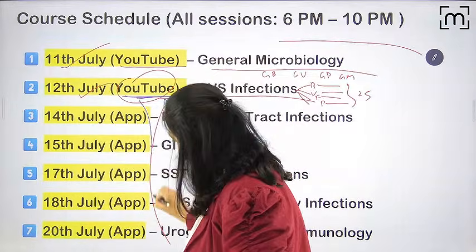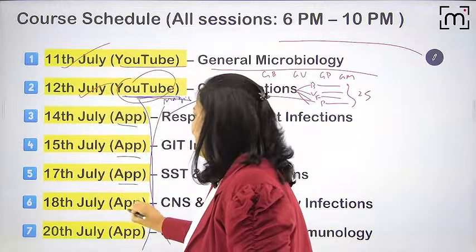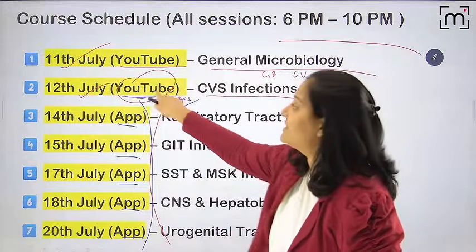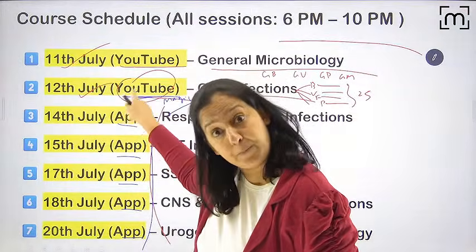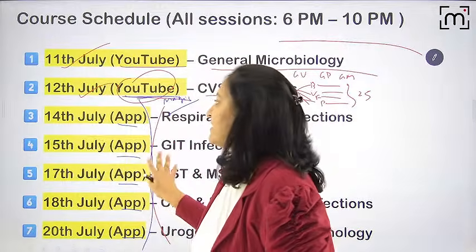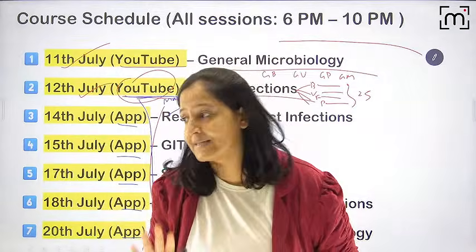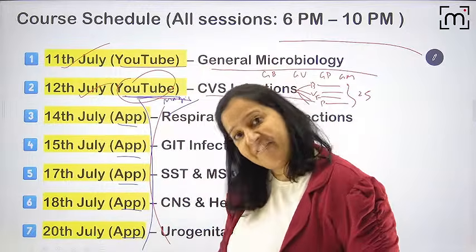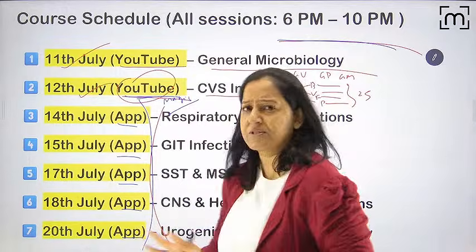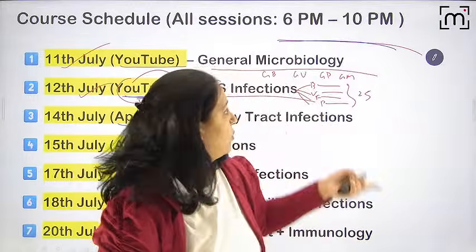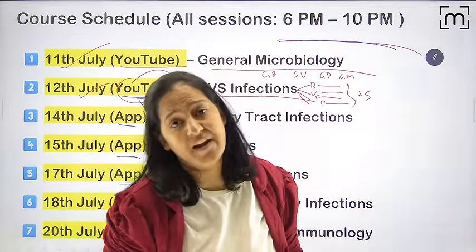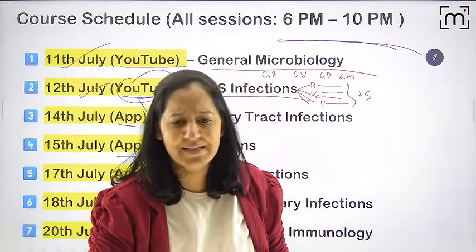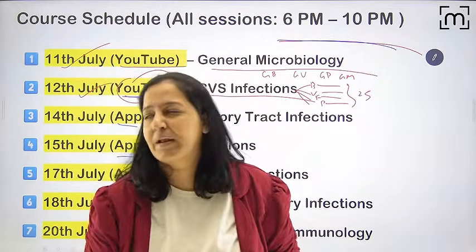Even if you are not attending my further sessions, which are on the app, MedLive by Dr. Priyanka app, the remaining 5 sessions will be there for the remaining systems. But this session is very special, in which you will understand the approach of systemic microbiology. Here we will understand microbiology not organism-wise but system-wise, according to the latest CBME curriculum. Please appreciate the schedule. Every day the session will be 6 to 10, approximately 3 to 4 hours. So 4 hours or 3 or 3.5 hours into 7 is approximately a 25-hour rapid revision, plus or minus 2-3 hours. It will be plus only, not minus.